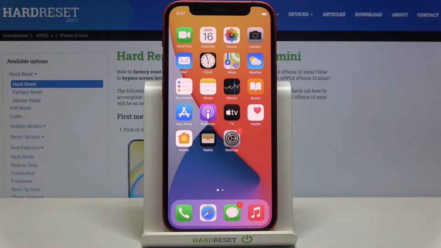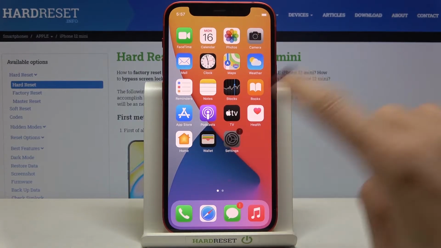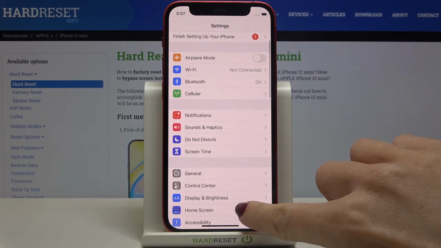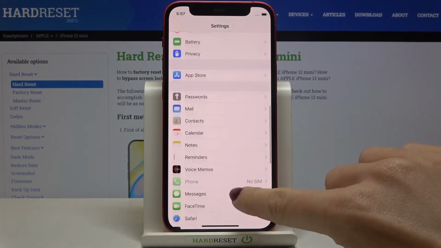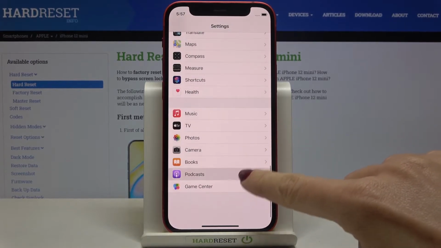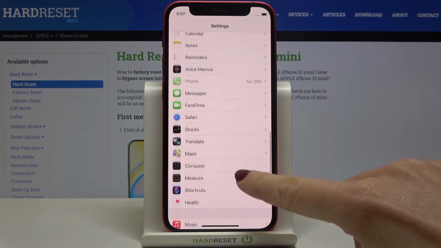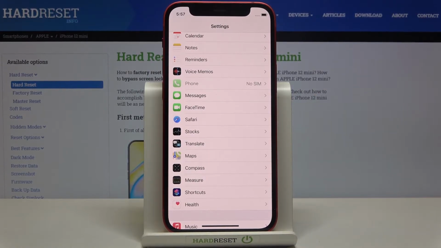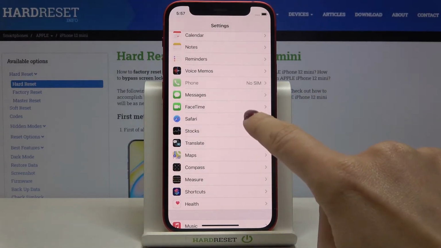In front of me is Apple iPhone 12 mini, and let me show you how to clear browsing data on the following device. So first of all, you need to open the settings, then find and select the browser that you are using. Here's Safari, so you most probably use Safari, but if you do have some other browser, open it, and